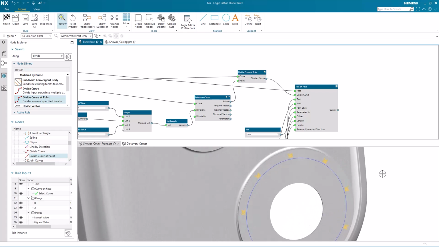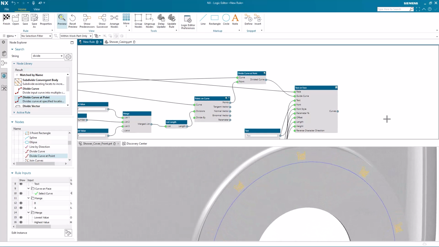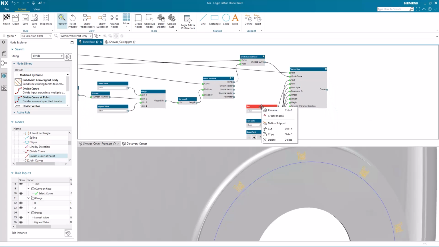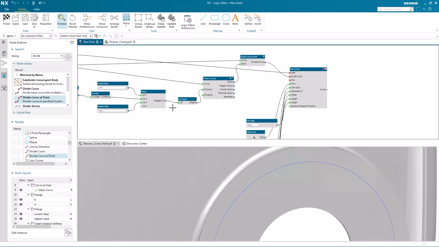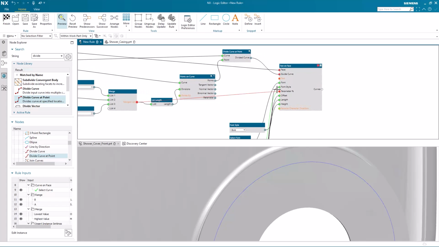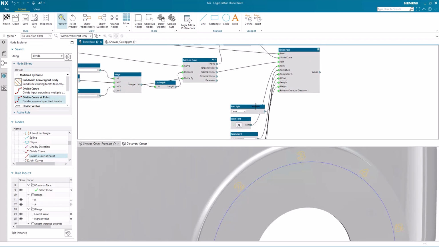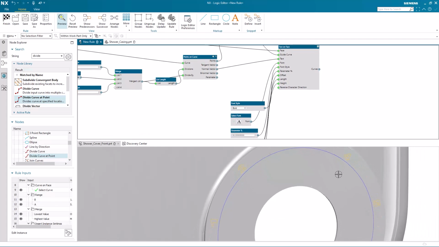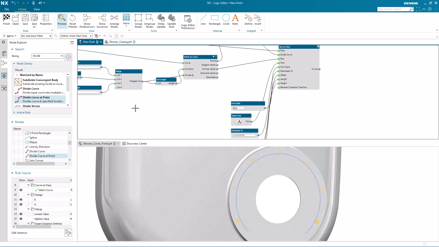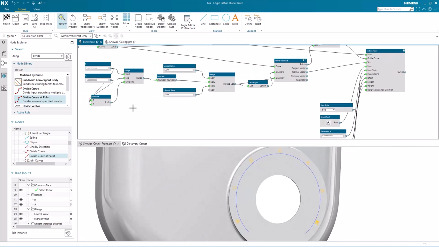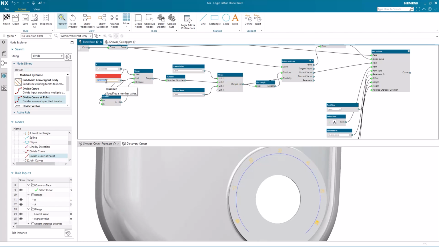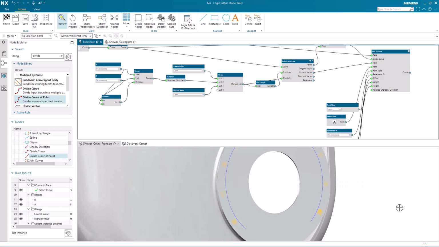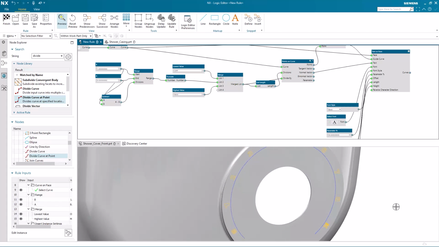I have one more modification of the rule to see the correct figures in the display, and that's to delete the original text and reconnect the merge list to the text port in the text on face node, and you can see now that we have the correct figures. And as I said right at the beginning, the whole reason for creating this rule was to get a dynamic display. And as I change the value of the range, you'll see I have more figures in the display. If I revert back to the original value, then again it updates to reflect that.